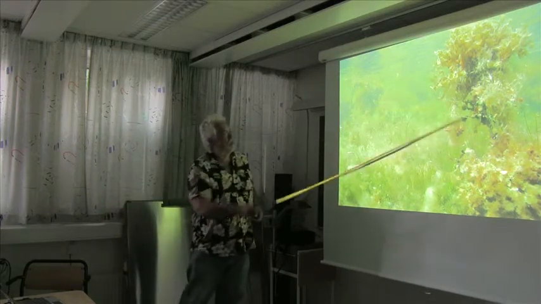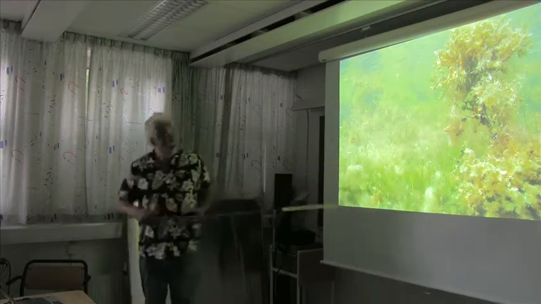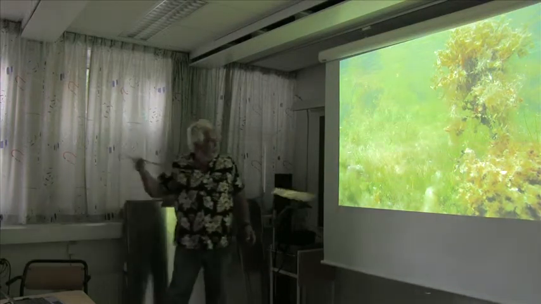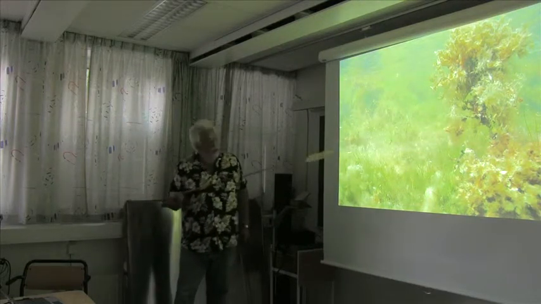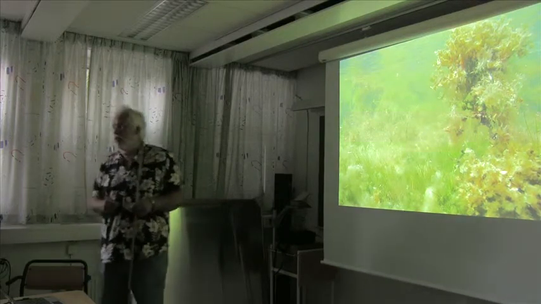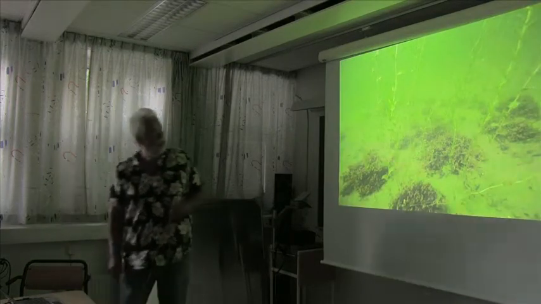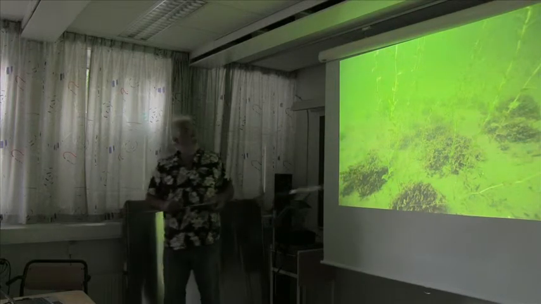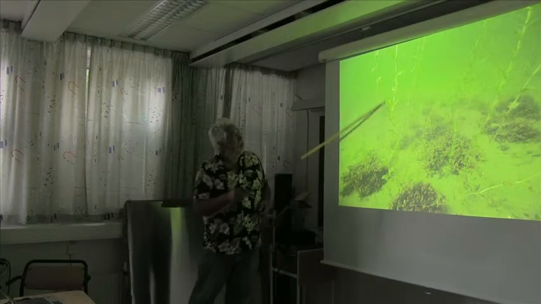This Fucus grows on a boulder, and you have a lot of Ruppia marina and Potamogeton pectinatus here. Everything is covered with Pilaella, and this abundance of these small creatures here are mysids, small crustaceans swimming in swarms, not fish. This is a typical picture from a sheltered bay in the Bothnian Sea, where the dominant species is